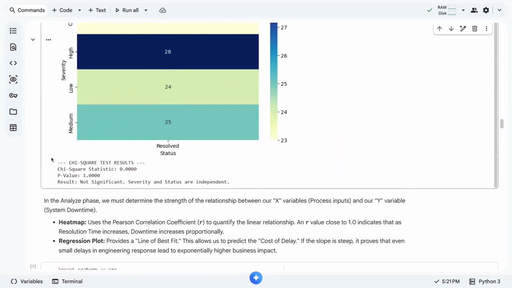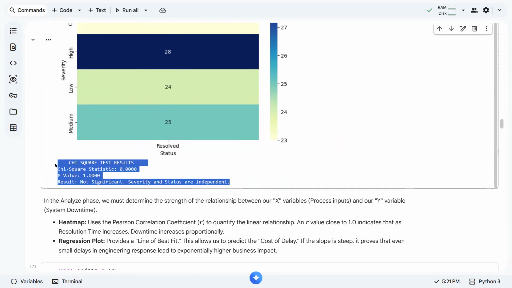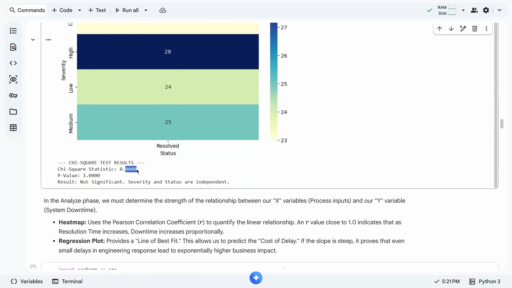But let me share with you the results that we have gathered. Let's interpret this very briefly. We have our chi-square statistic, and zero means it is exactly at the mean, so it does not deviate from the mean. Because the farther it deviates from the mean, the more likely we reject our null hypothesis that there is no dependency or relationship between our severity and status variables.